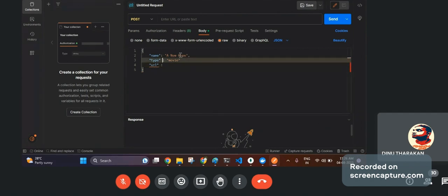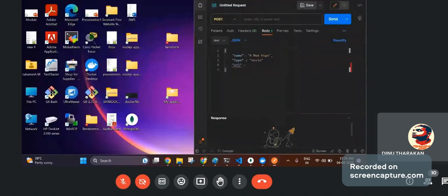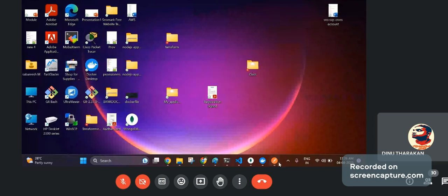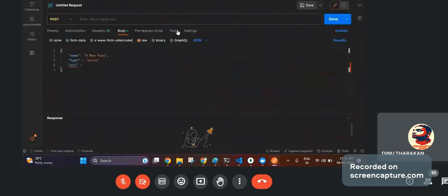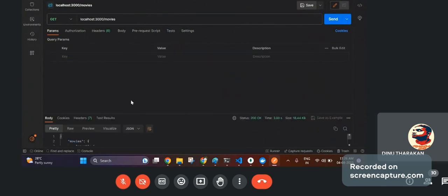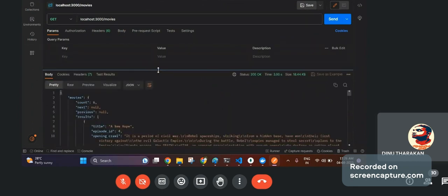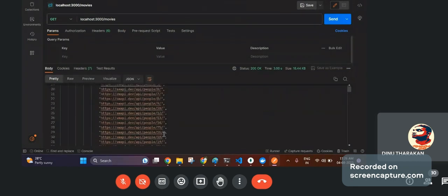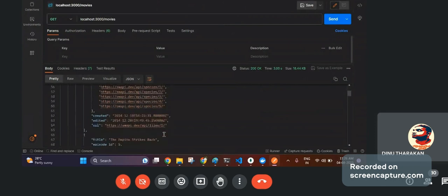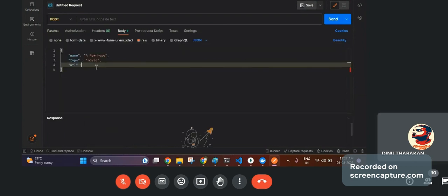So if I go to URL, put a comma here because it's a JSON file, and then scroll down, you can see the URL here. So I copy and paste this and add it over here, and then I click on send.